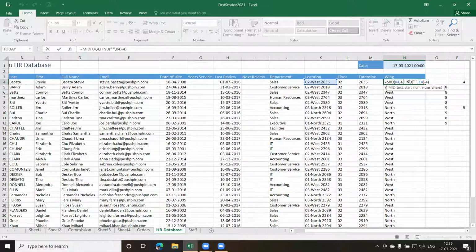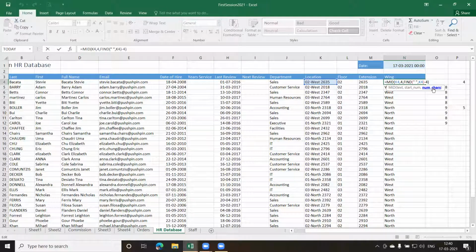But how many characters to extract actually depends on the space. If my space is on the 8th character, that means the wing, or the word which we have, is of 4 character length. Okay, if the space is coming at the 9th character, that means it is a 5 character word, the wing.